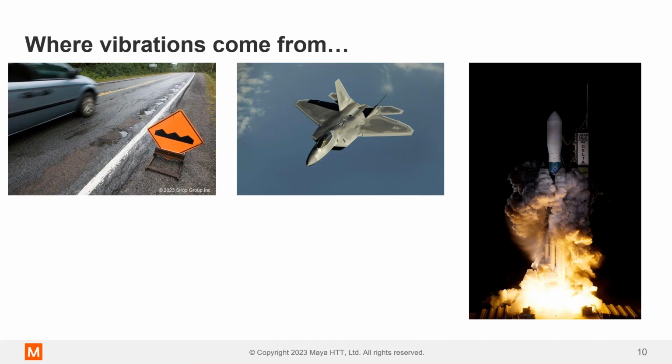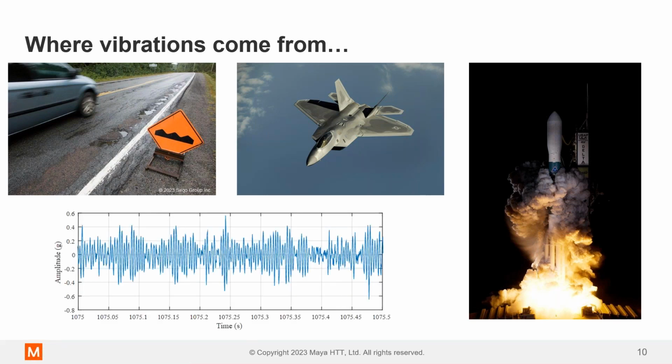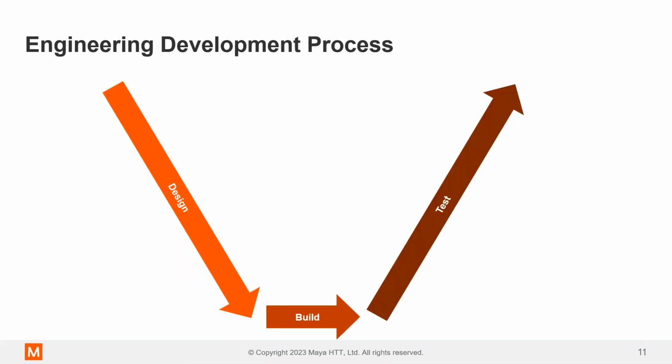So you've got the vibrations of the engines, you've got the noise of the engines causing vibrations, and all those give you some sort of time history of accelerations that you can look at. But then what do we do with that once we have that? So you've probably seen some variation of this, a really stripped down V&V diagram.